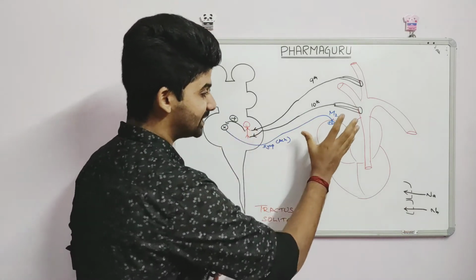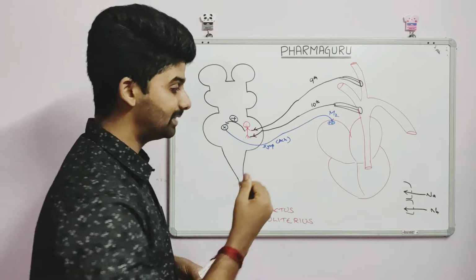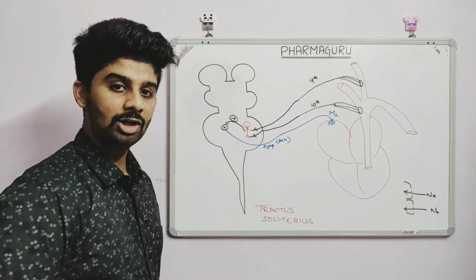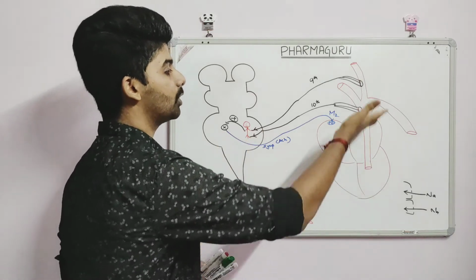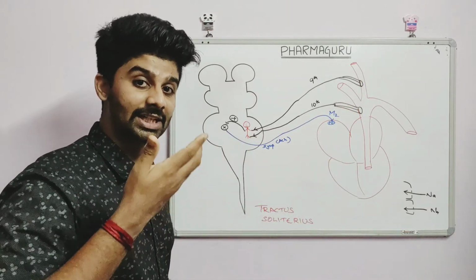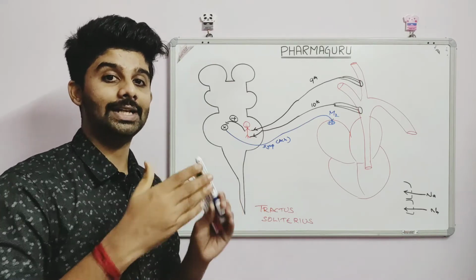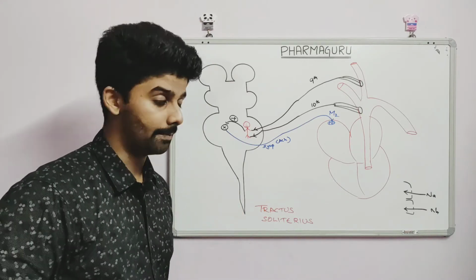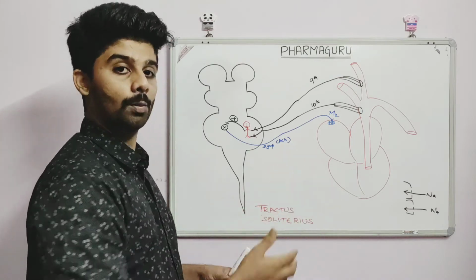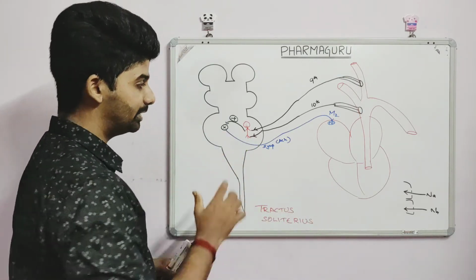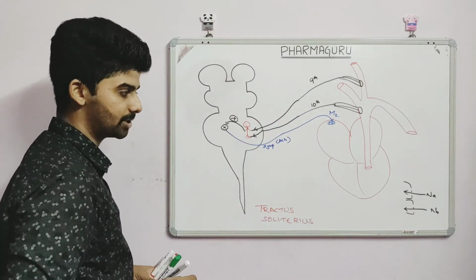Now whenever there is reduced heart rate, what happens? A reduced amount of blood will enter into the aorta. So whenever there is a reduced amount of blood entering the aorta, or reduced cardiac output, as we have discussed, cardiac output is directly proportional to the systolic blood pressure. So whenever there is reduced cardiac output, we can reduce the systolic blood pressure. So this will decrease the systolic blood pressure.